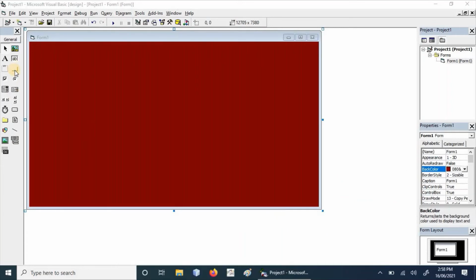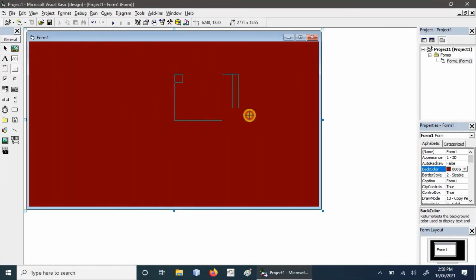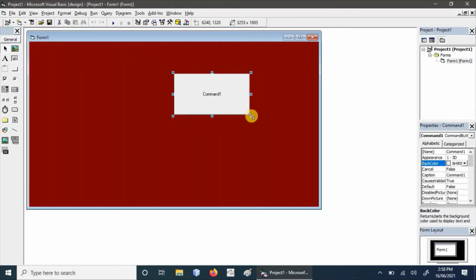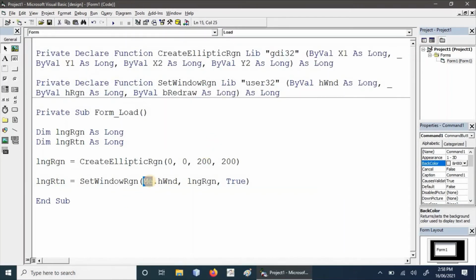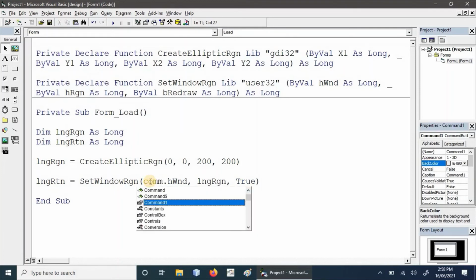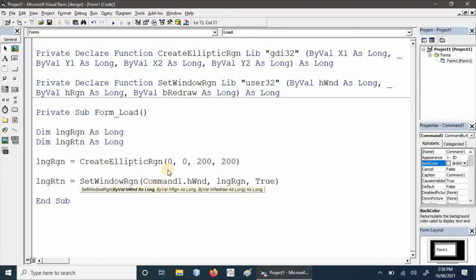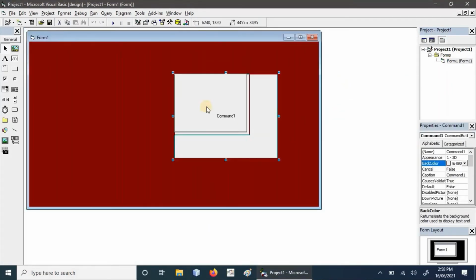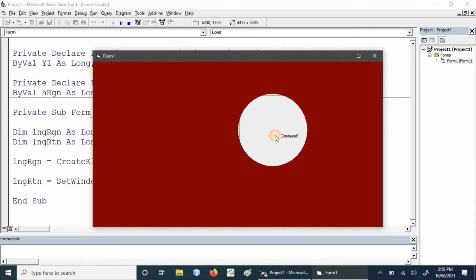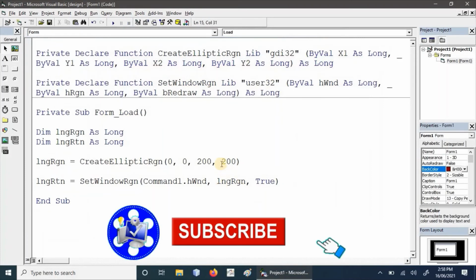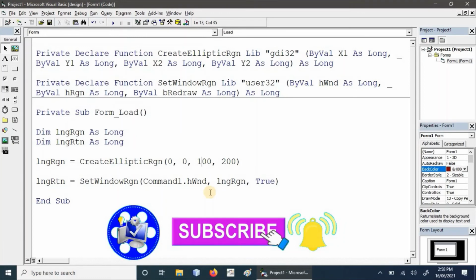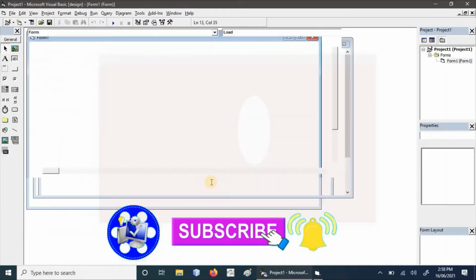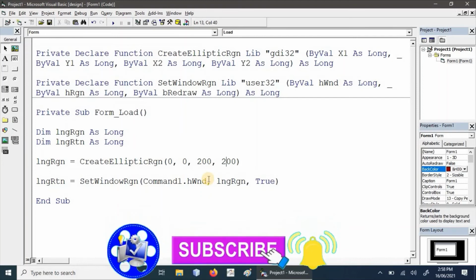So let us start by creating a command button in elliptical form. This is the command button. We can make it elliptical by just providing the Command1.hWnd handle. We are going to run this and make it elliptical. The command button height and width is too low. This makes it elliptical. If we want to make its shape long, elliptical, horizontal or vertical, we can also change it. We can also set its second parameter.